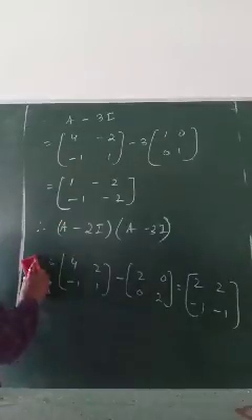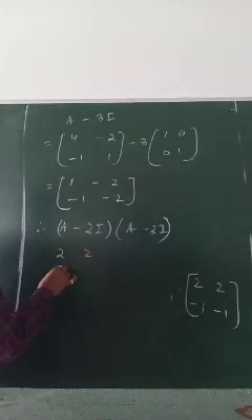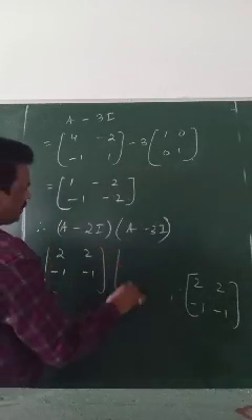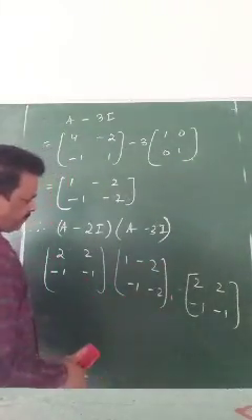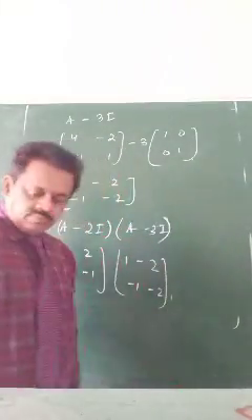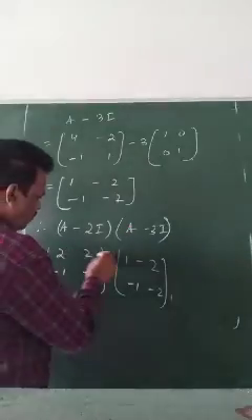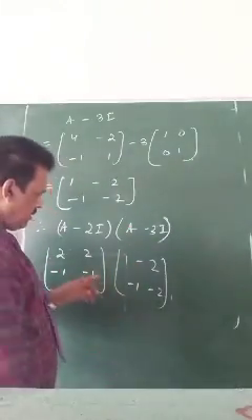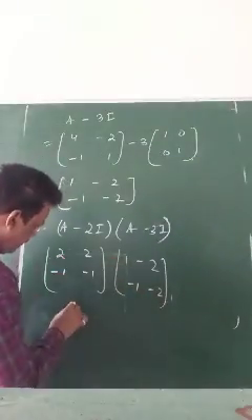Multiply. 2 minus 1, minus 1, 1 minus 2, minus 1, minus 2. Multiplication, I hope you have not forgotten. Row column. That means 2 into, if I write here, 2 into 1